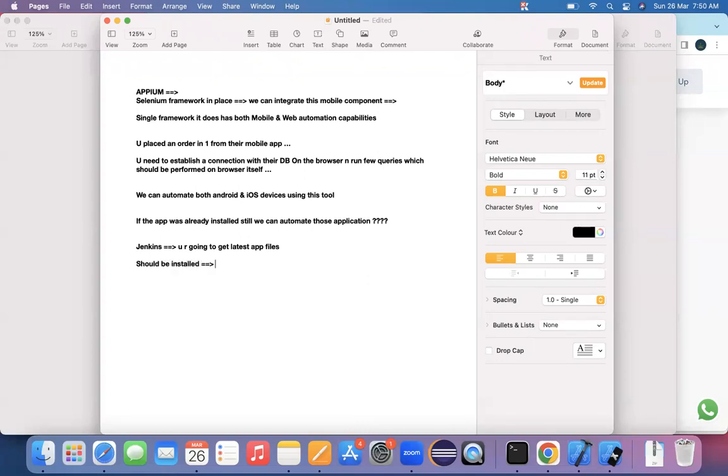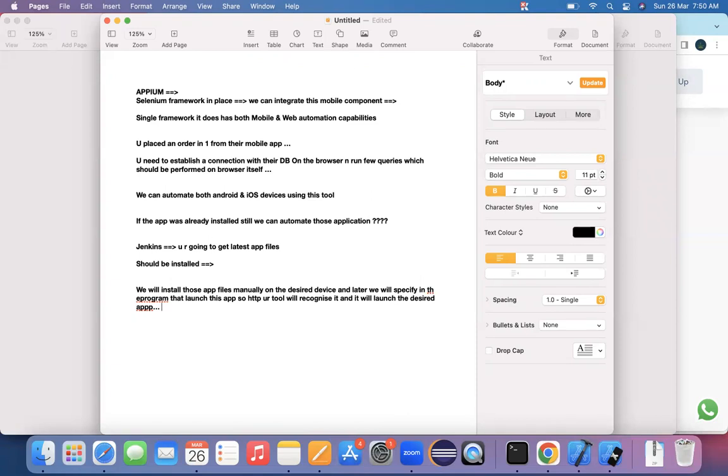So we will install those app files manually on the desired devices, and later we will specify in the program to launch this application so that your tool will recognize it and launch the desired app.